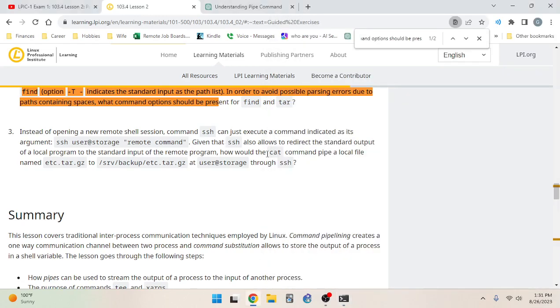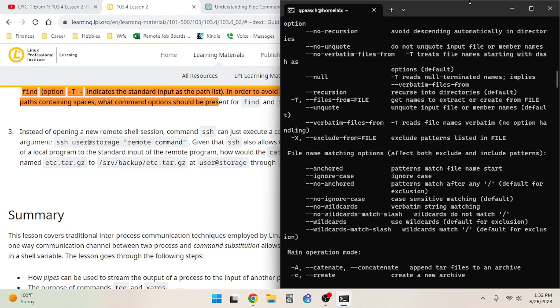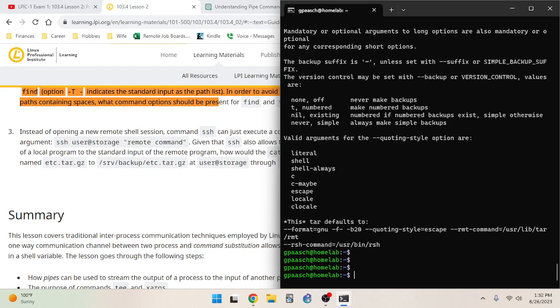So given that SSH also allows you to redirect the standard output of a local program to the standard input of the remote program, how would the cat command pipe a local file named etc.tar.gz to /srv/backup/etc.tar.gz at user@storage? Wow, okay, this is fascinating. This is really useful too, especially for automation. So what it's asking is,